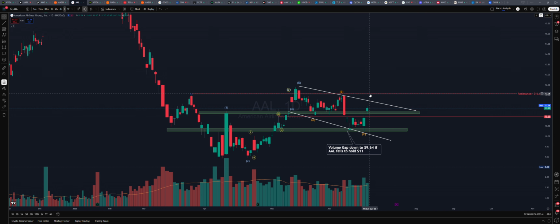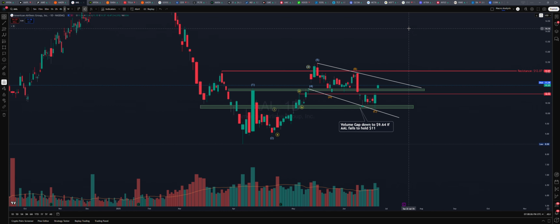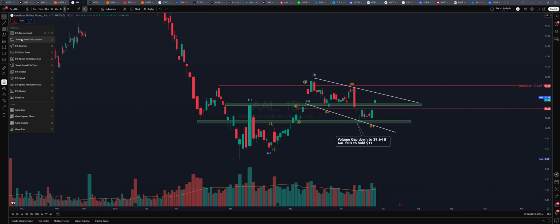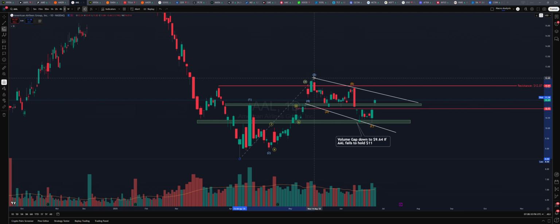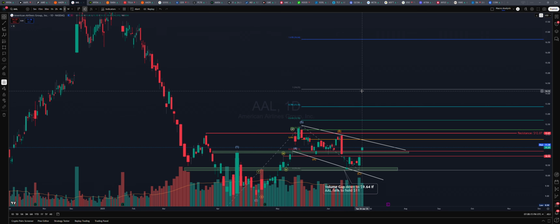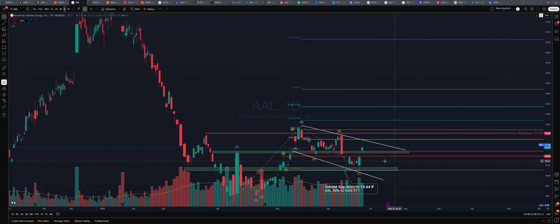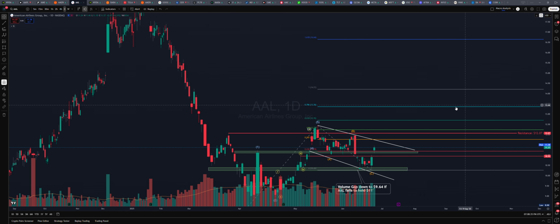So I want to see a break out of this level. If you get a break out of this level, this thing will be moving to the upside. And the target we will be looking for is this will be wave 1, 2, right at the bottom here. And wave 3 will be somewhere between this 14.21 to 16.64. So in terms of that, this would have been an upside from the bottom here. This is a 38%. This is a 62% move. So anywhere between 14.21 to 16.64 would be the move. Pretty incredible move there. So yeah, American Airlines, one of my favorites.